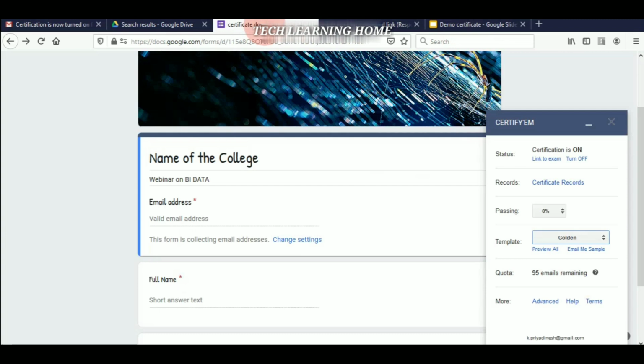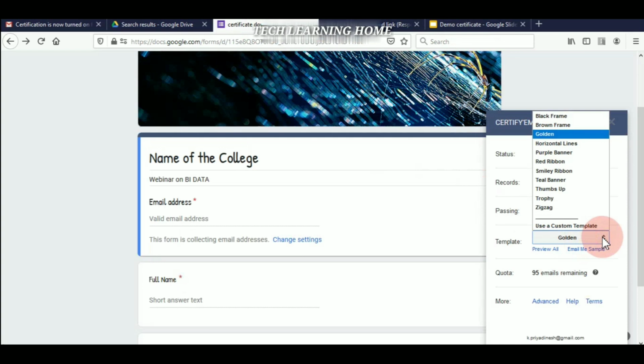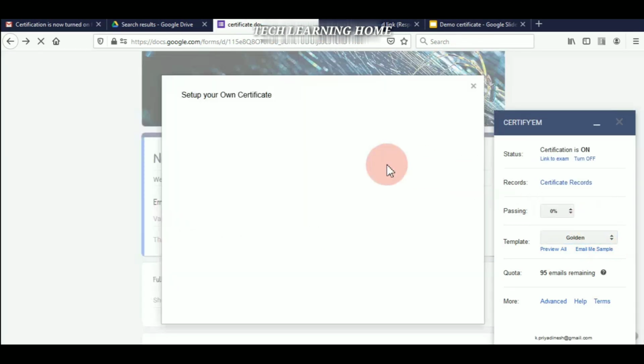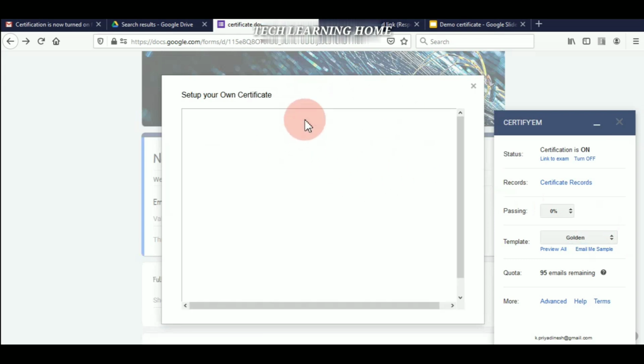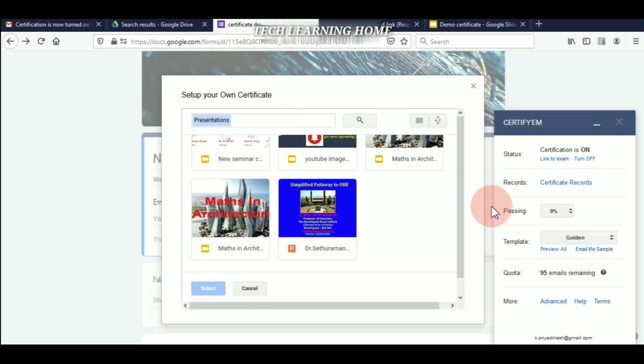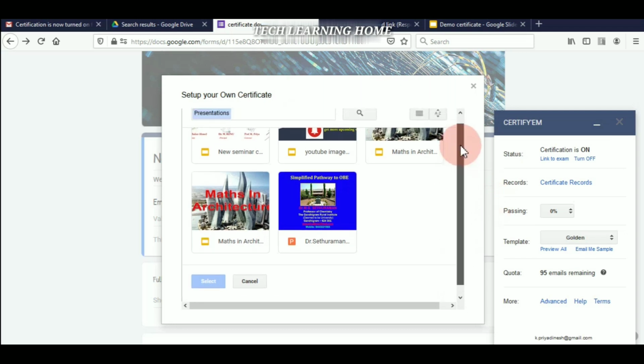So now I am going to select this certificate file in this Certify EM add-on. Use a custom template. It will open the option. Select a new file. So here are the files.